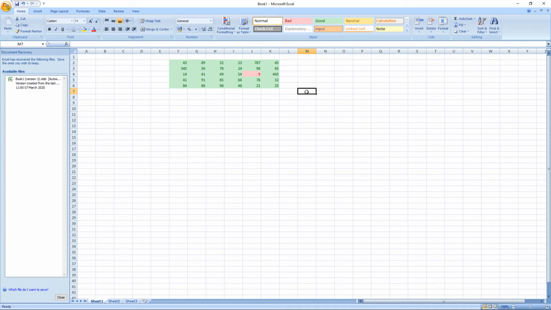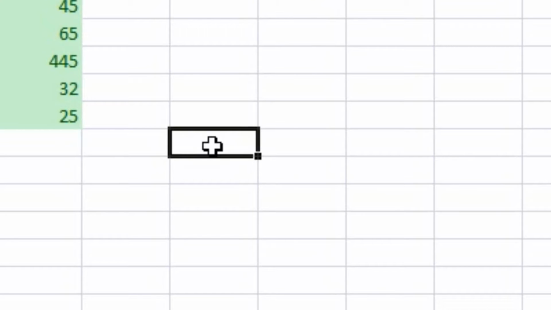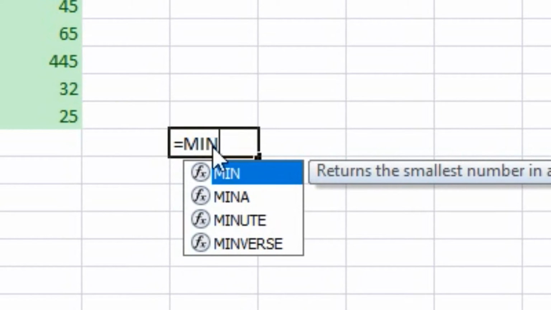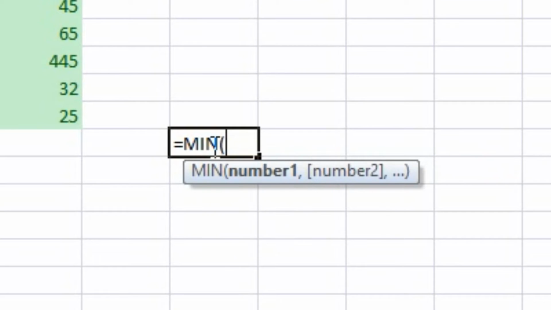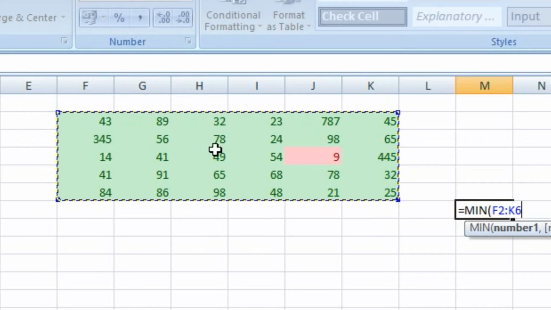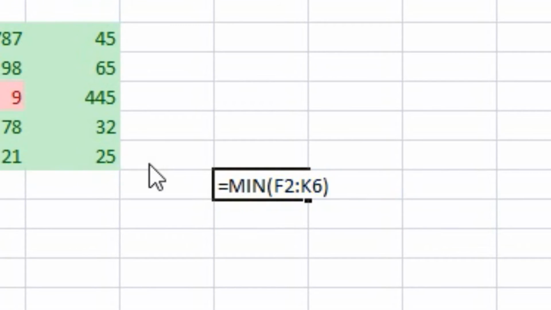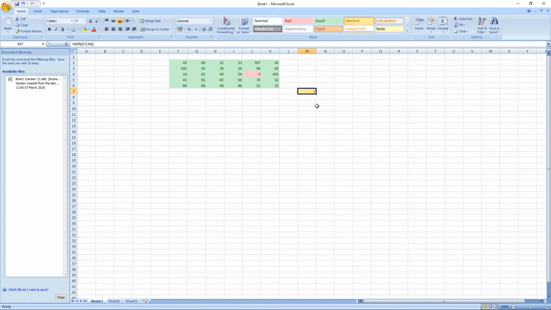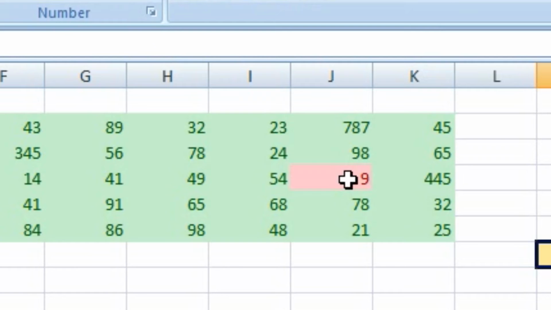Click in any cell where you want to find the answer. Type in equal, min, open bracket, select all the numbers from first to last, close bracket, enter. See, the answer is 9, which you already knew as I have typed in the numbers, and